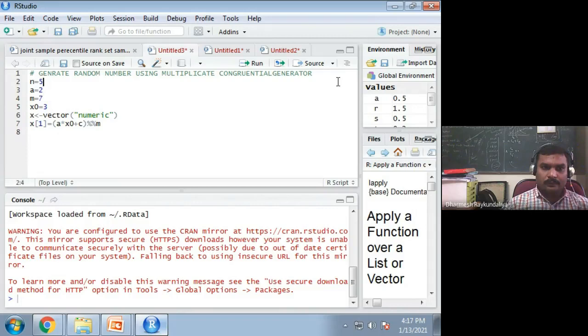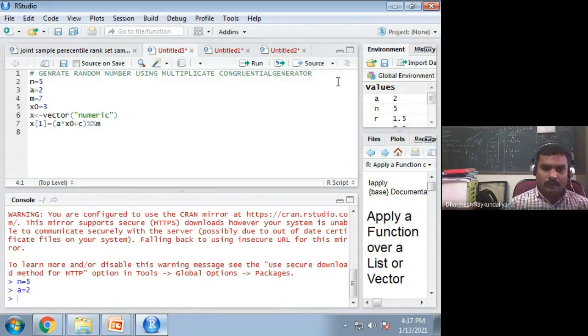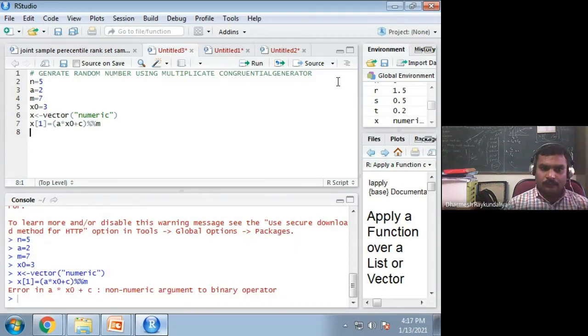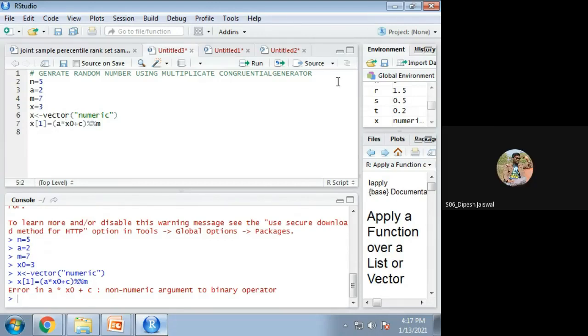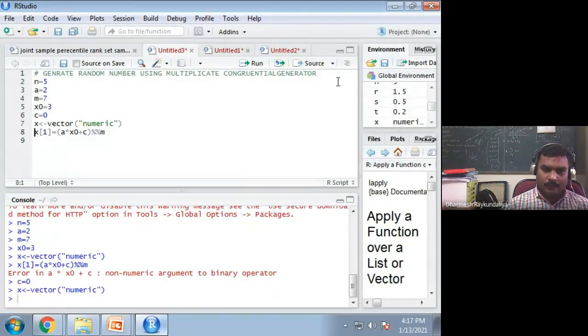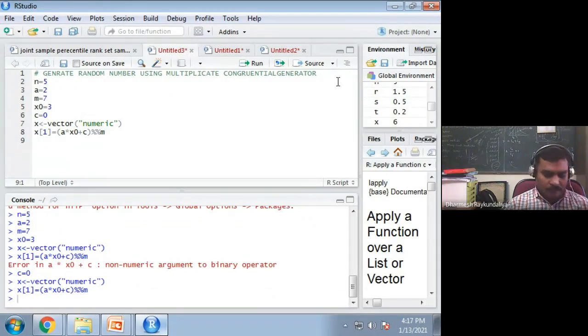Let us see what answer we are getting. Oh, C is not defined. So C is equal to 0, because we are using the multiplicative method. C equal to 0. What is the x1?